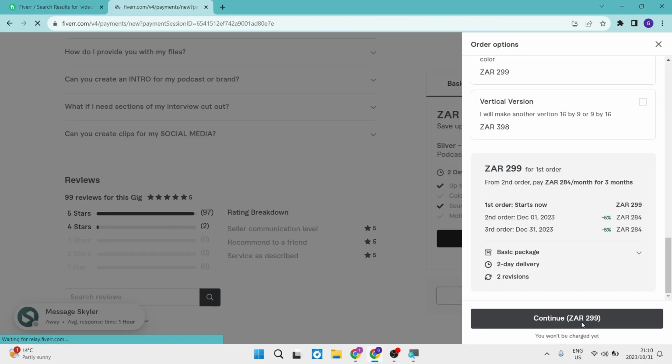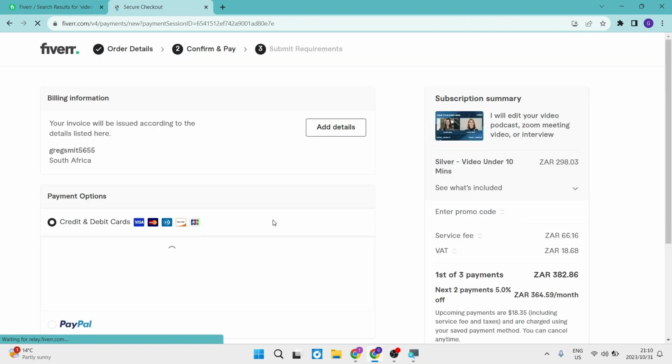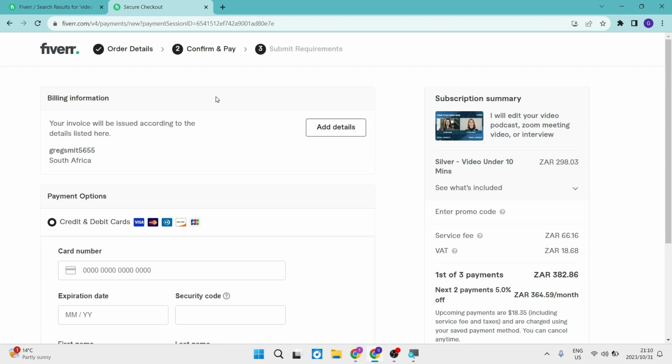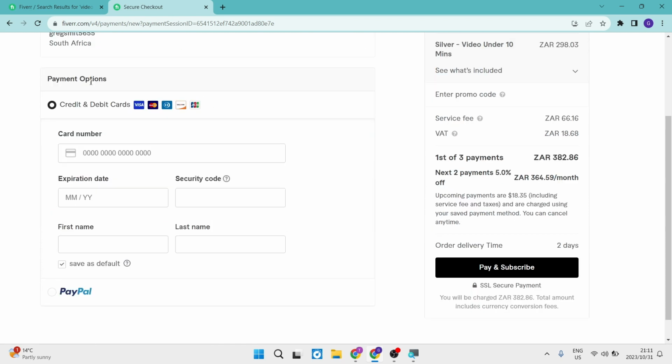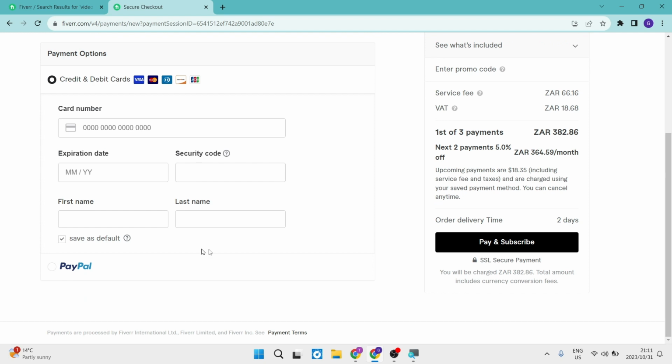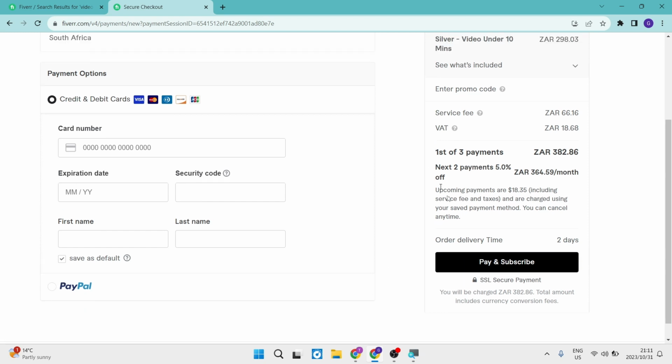Now once you have tapped the continue button, you will get into the area where you can confirm your payment. Of course I don't really need this service, so the next step I will not be showing you. It is relatively simple. If you know what your needs are and what your project needs to be completed, then you will be able to go through this process very easily. After adding your billing information, your payment options, card number, the expiry date, the security code, first name, last name, or the option to pay with PayPal, then you're going to tap on pay and